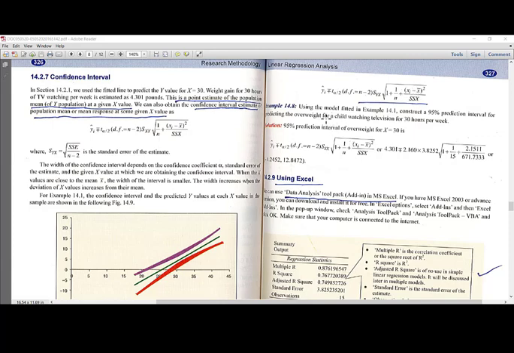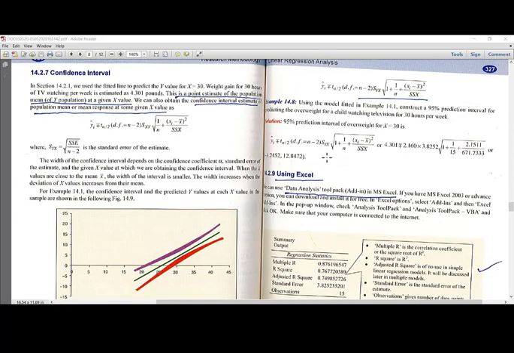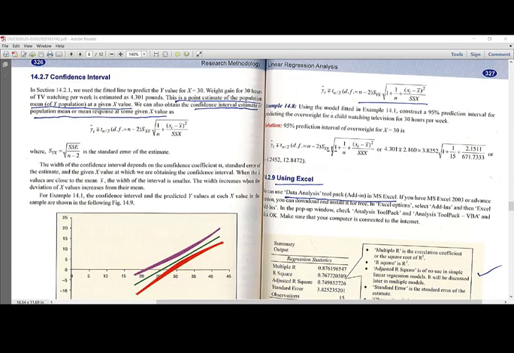Now if we want to find this 95% prediction interval of overweight for x equal to 30, then simply substitute the values: Yi cap, that is 4.301, plus or minus the t value at 5% level of significance, 2.160. 5% level of significance means 95% confidence, multiplied by this SYX value, that is 3.8252, and then the square root of 1 plus 1 by 15 plus this (xi minus x bar) whole square, that particular value 2.1511 by